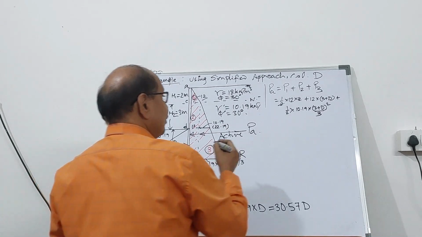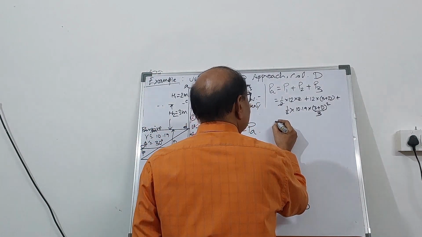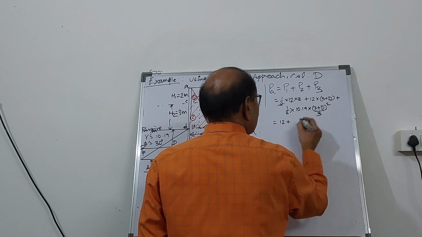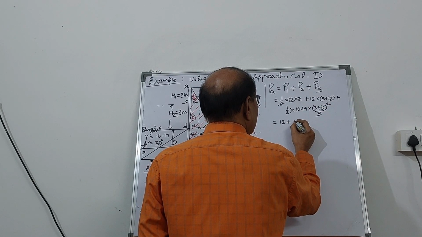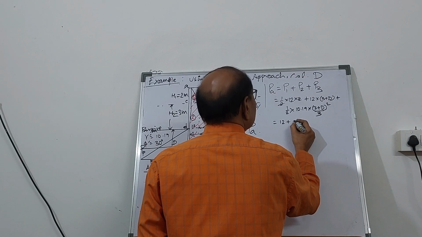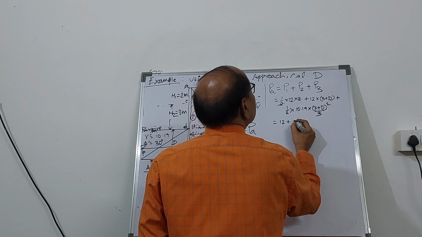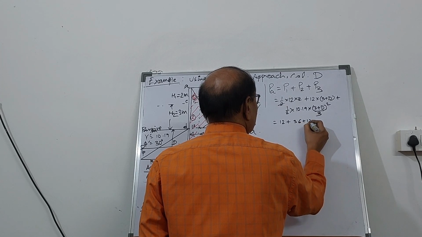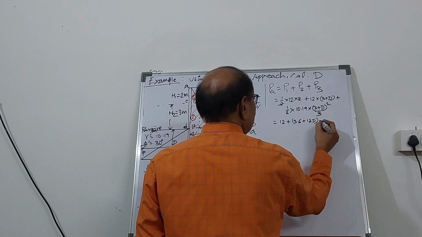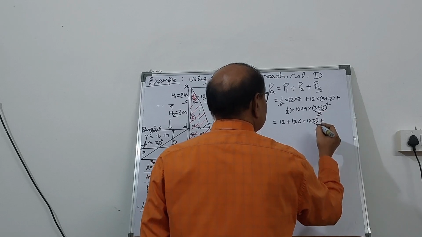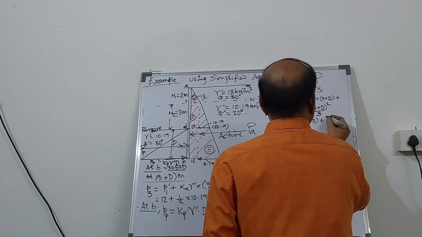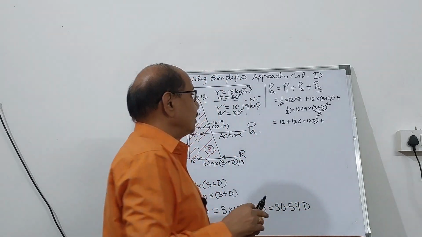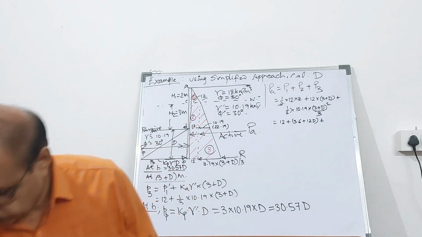So P1, P2, P3, finally you get P1 12, P2 you are going to get as 36 plus 12D, this is P2, and if you simplify this, it becomes 10.19 divided by 6,